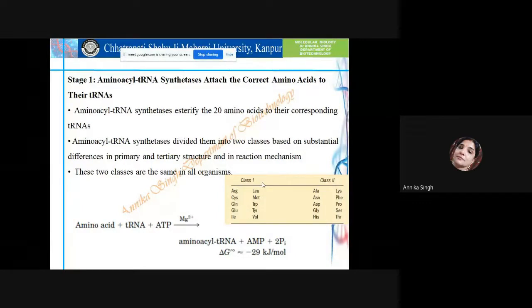ओके, हर एक अमाइनो एसाइल ट्रांसफर आरएनए सिंथेटेज which catalyzes the esterification of 20 amino acids with their corresponding transfer RNA, ये स्पेसिफिक होता है for one amino acid and for one or more corresponding transfer RNAs. इसीलिए 20 अमाइनो एसिड के लिए 20 अमाइनो एसाइल ट्रांसफर आरएनए सिंथेटेजेस हैं और 32 और